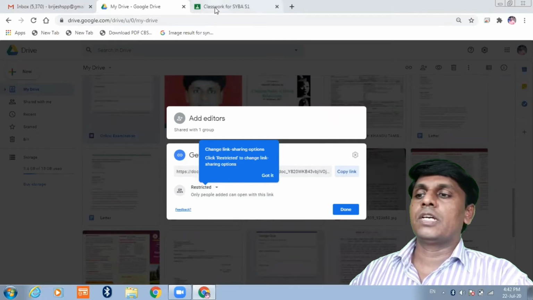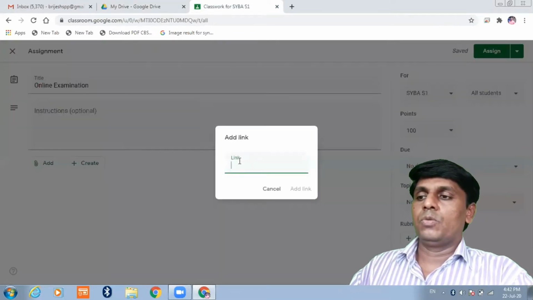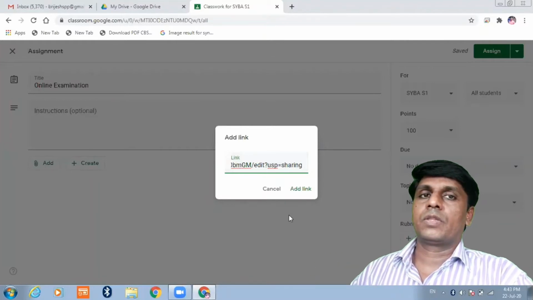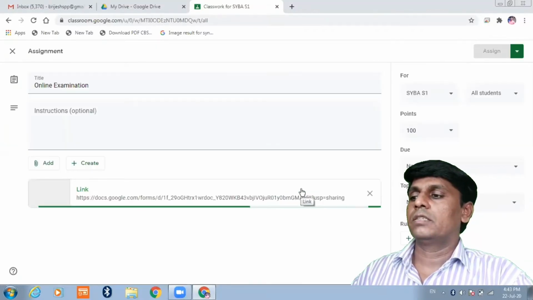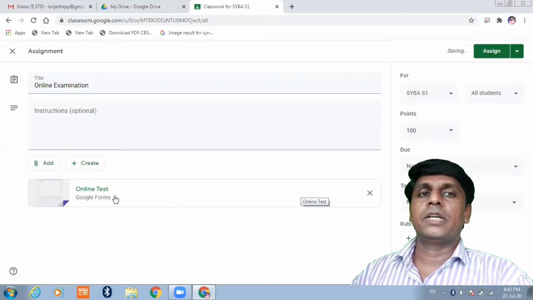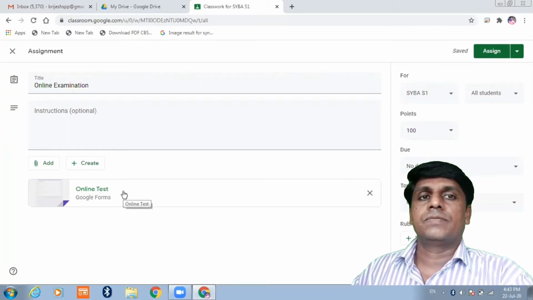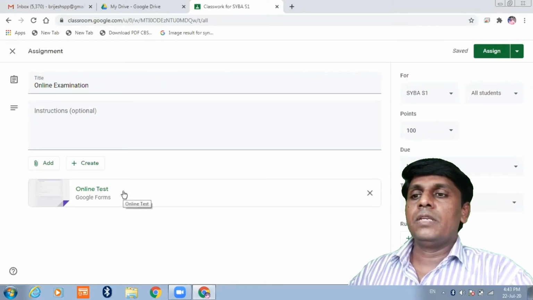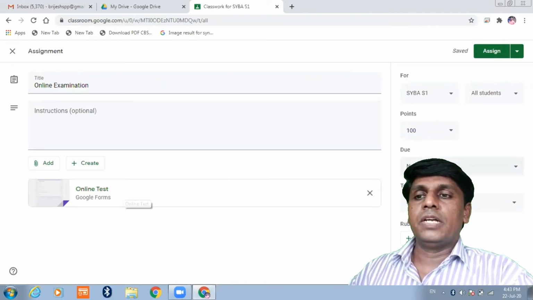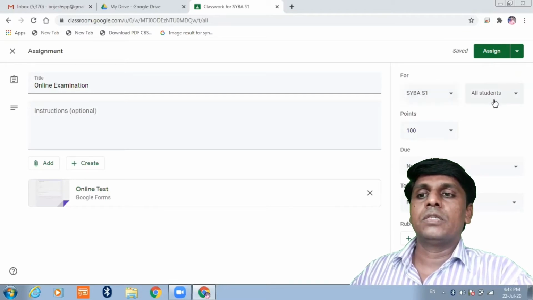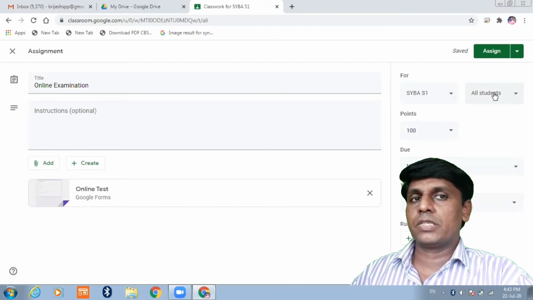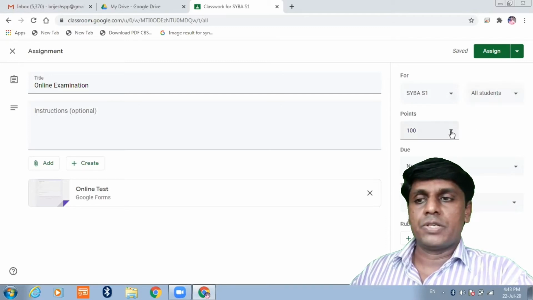Go to your classroom. Here you open the pop-up window, paste the link here and say add link. Here your test is set. Then on the right side, set it for all students or select a student, whatever you want, as we discussed in the earlier session.